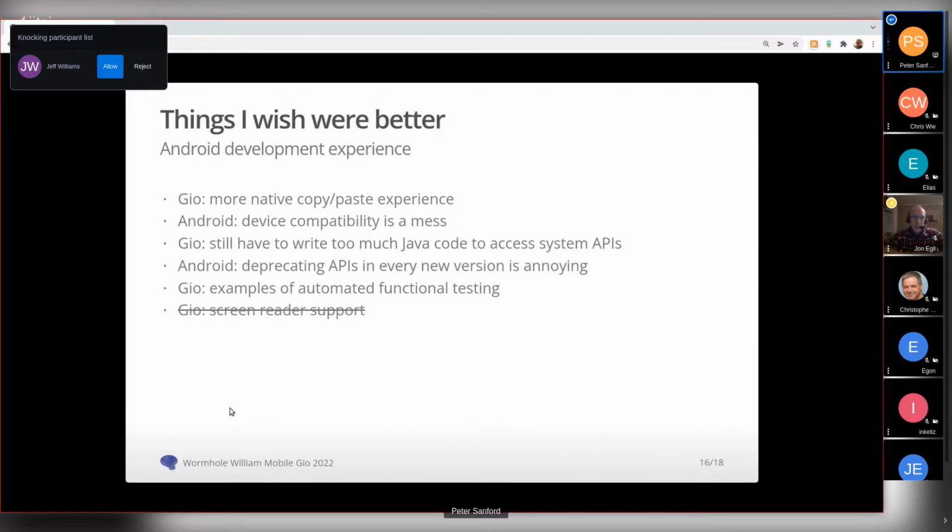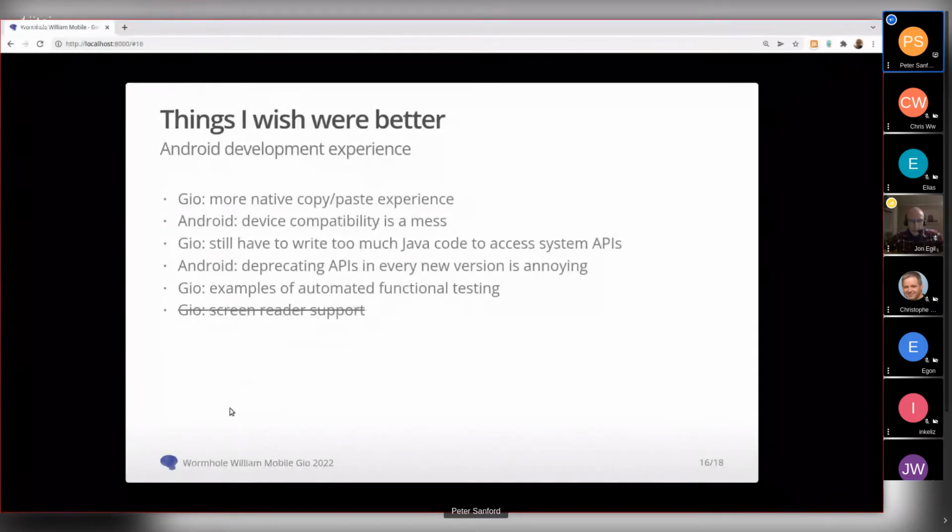I feel like the big thing that I wish Gio had right now is something that felt more native for the copy and paste experience on mobile. I think that it's fine. It works, but it really makes it feel not like a native app, to not have the native copy paste experience.